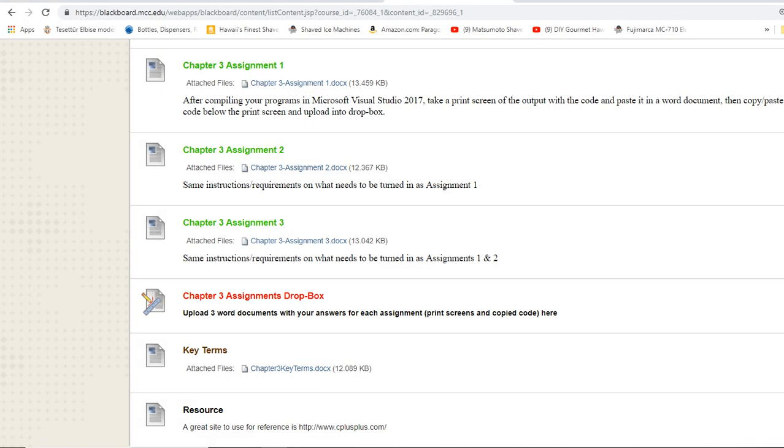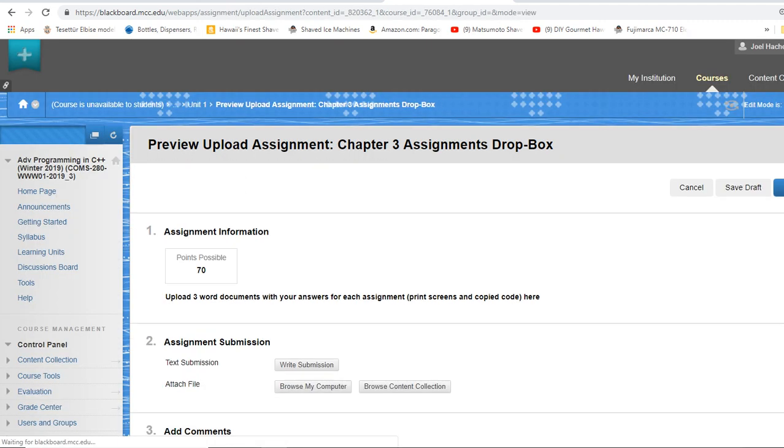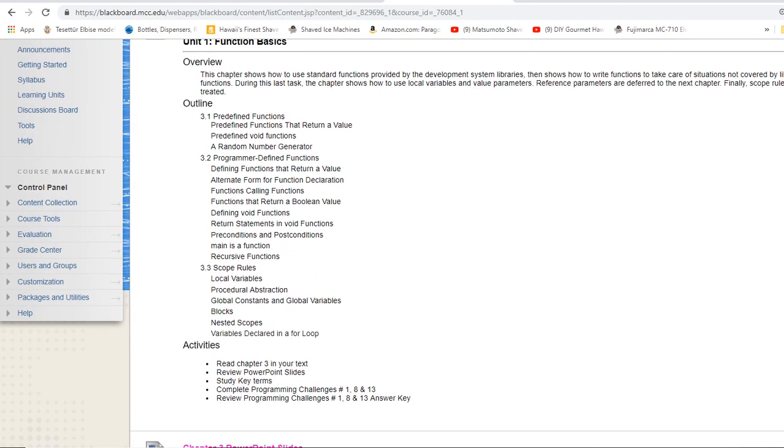You'll do the same thing for assignment 2 and assignment 3, and then you go under the Dropbox, browse my computer, upload the first one, browse computer, upload the second one, browse computer, and upload the third one. That's basically what you'll be doing for each one of those.